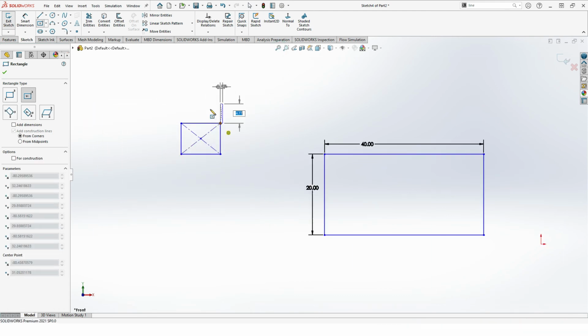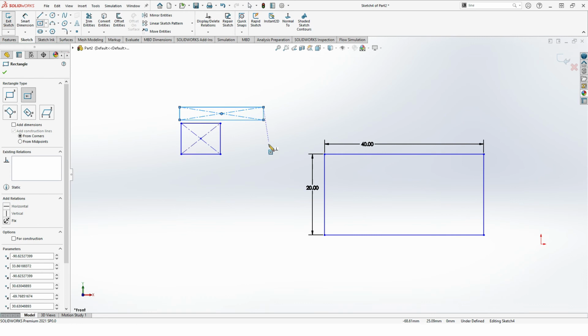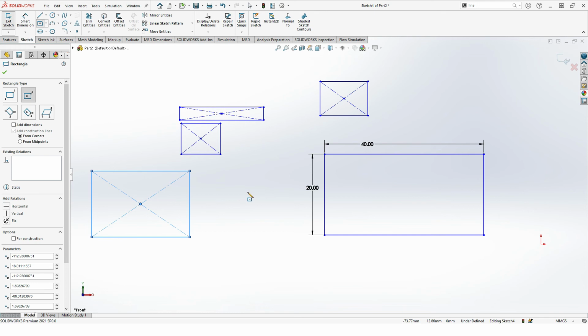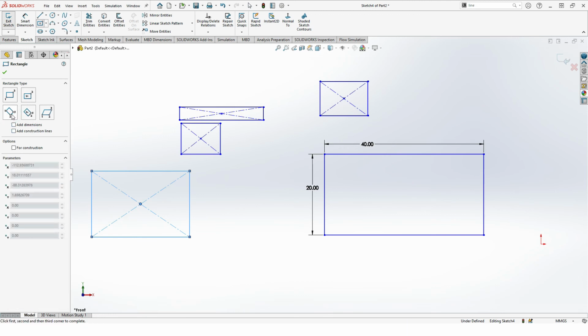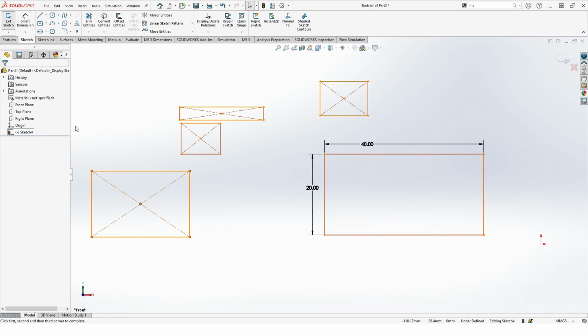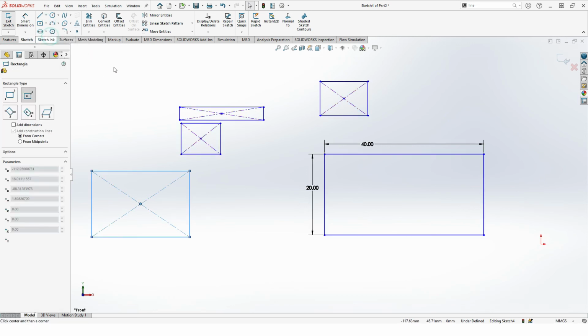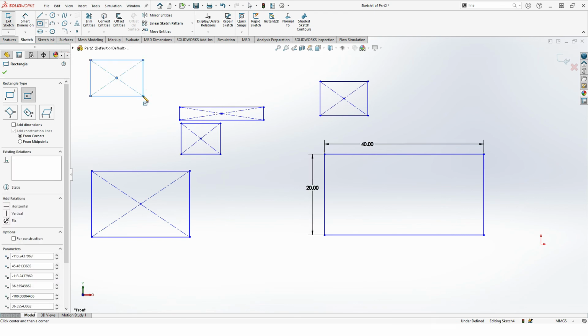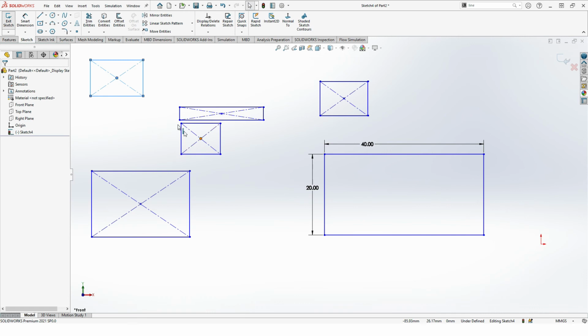Once we click, the rectangle will be created. Okay, again it will start a new sketch, where you want to click, and then it will start, until I close this. How to close this? We can close by using this or by using the escape button. Now I want to create by using this rectangle. Okay, go back to the center rectangle, create this rectangle. If you want to give any relation, you can give any relation as before. Okay, just go back. Now